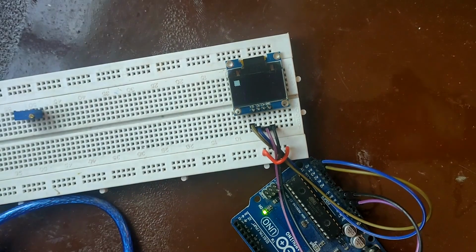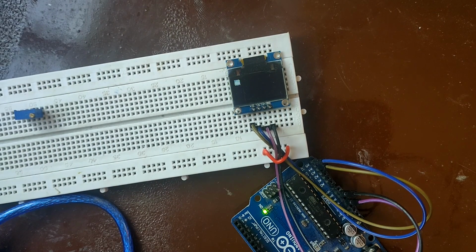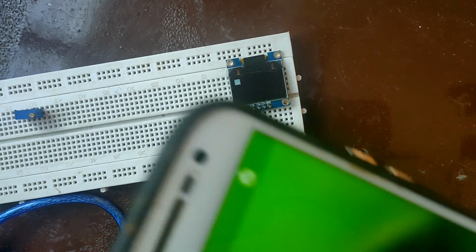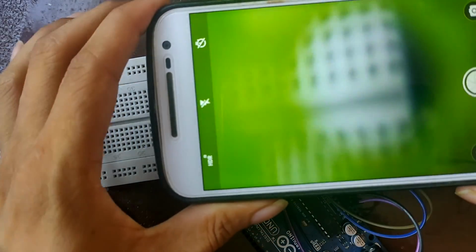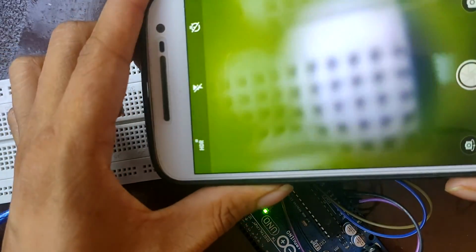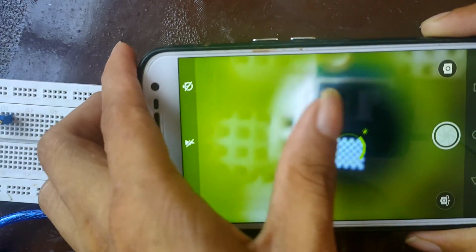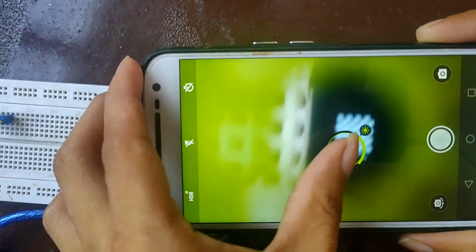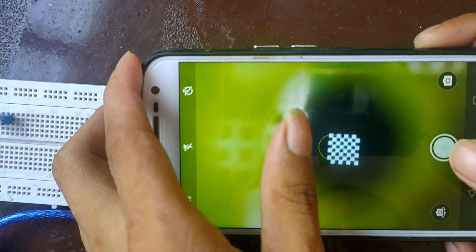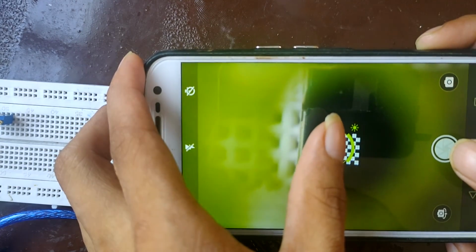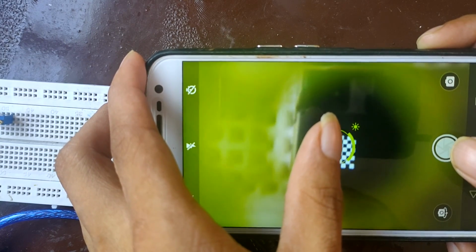Here we can't see it very well because it is very small. I will use the Milliscope designed by me for that. Using that you can see very tiny objects. Here you can see our pattern is printed on a 16 by 16 matrix of pixels.